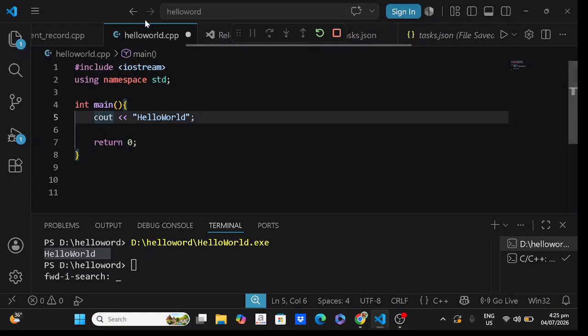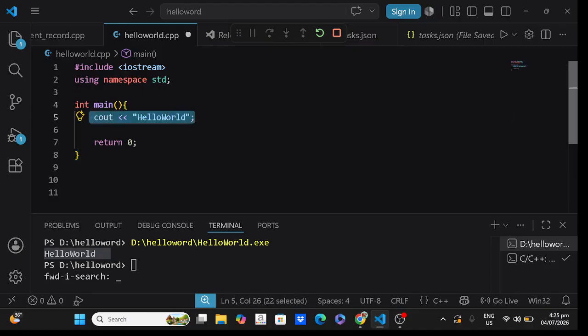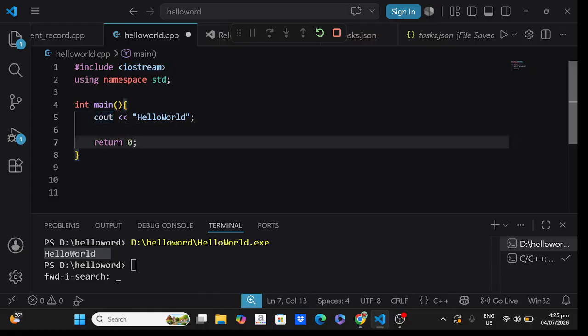As I said, we have the header of iostream. It lets us do input and output. That's the reason we can use cout. Without iostream, we cannot use cout to print hello world. This thing that you see here is called a string literal,